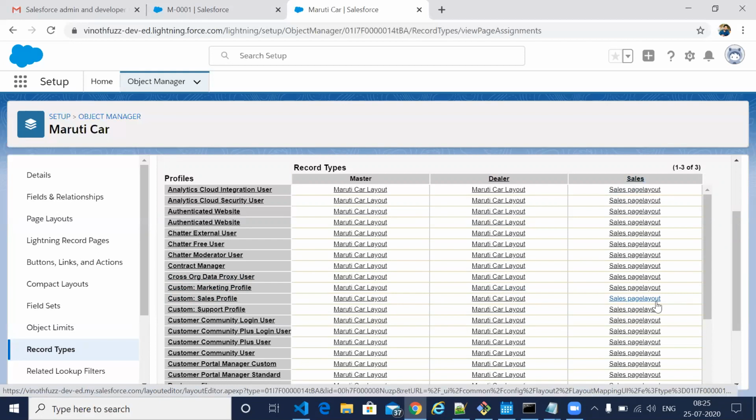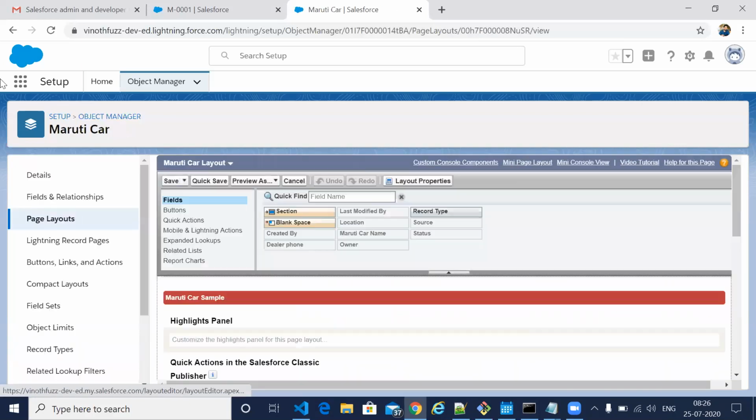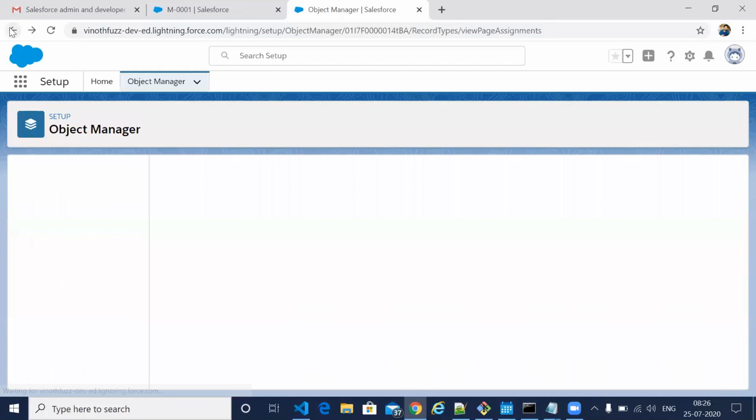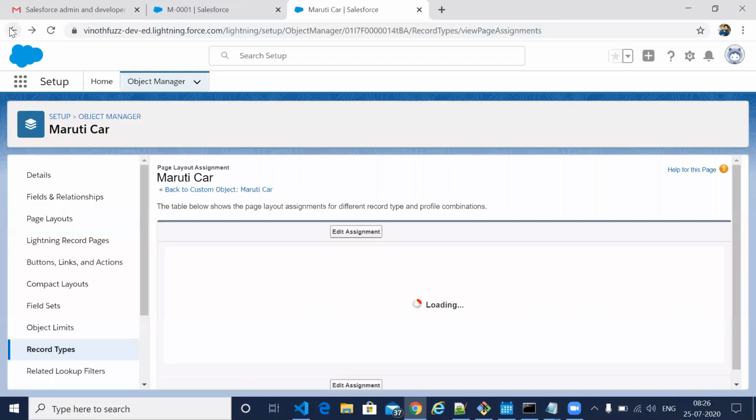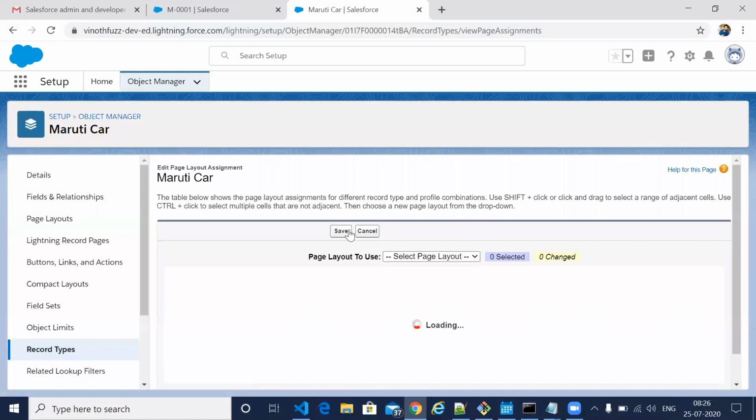Okay. So if you want, we can change any of these values. Suppose for system administrator, you want to show only the sales page layout every time. You can put it here also. Just click on this, and click on edit assignment.